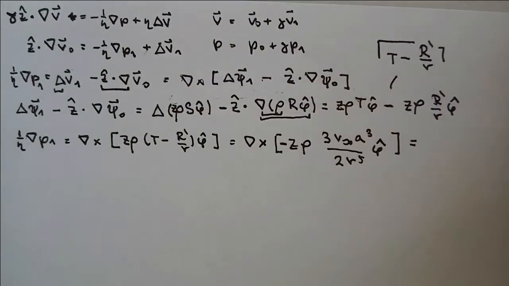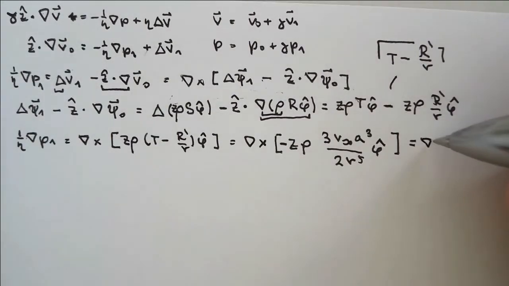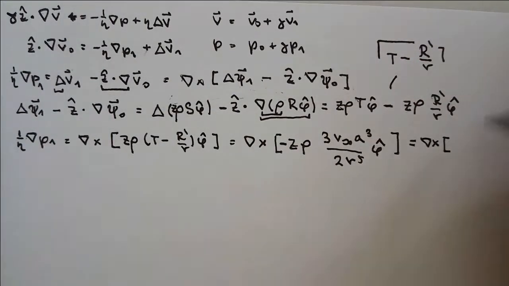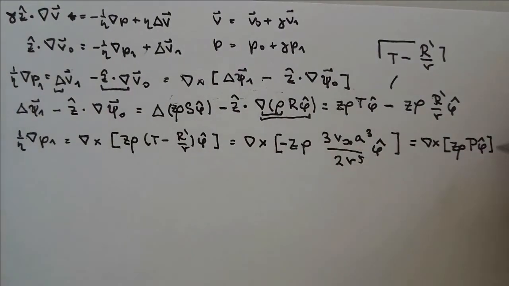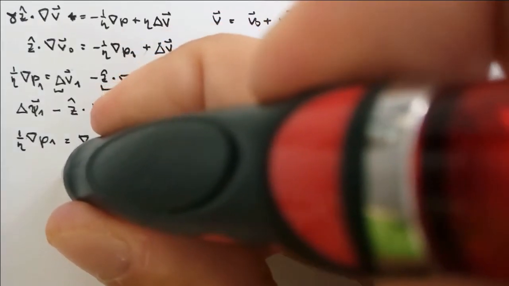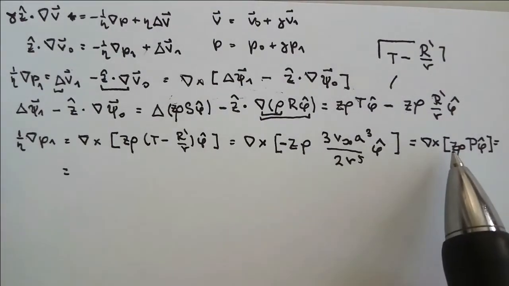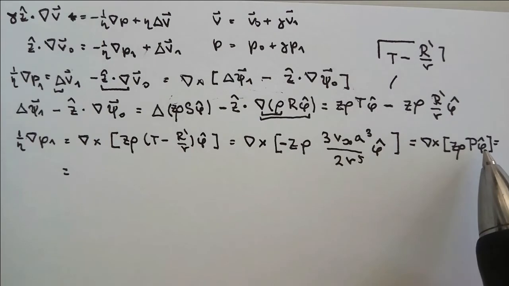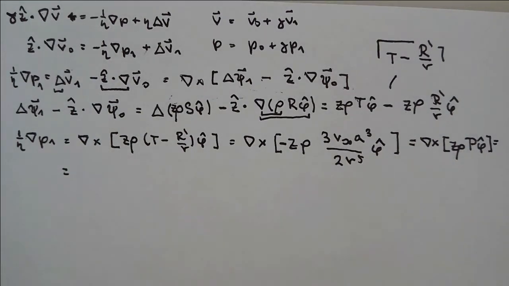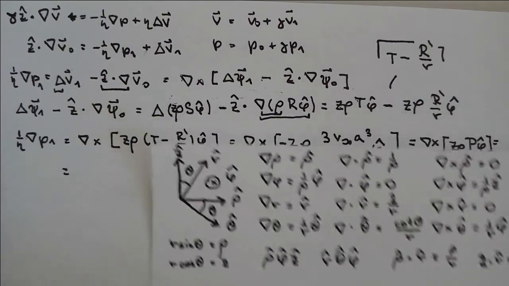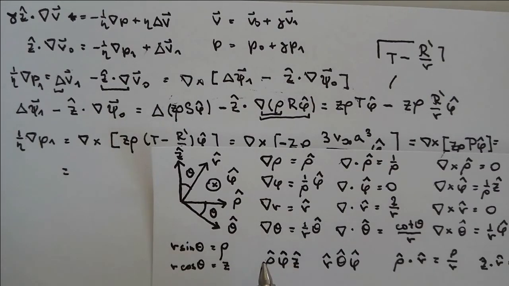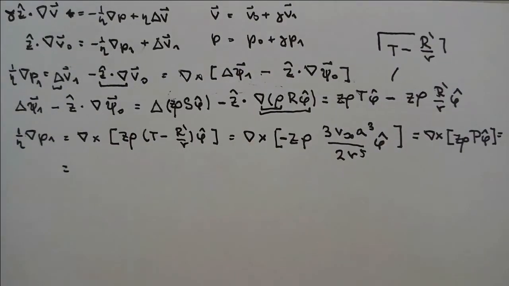And you can also say this form of curl is familiar to us. It's some z rho times some function of r, let's call it p, and phi hat. And this can be computed very easily. If you take the curl of this, you will get z hat, and curl with this, it's a minus. Again, you can use this table. Z hat curl of phi is minus rho, so it's minus rho